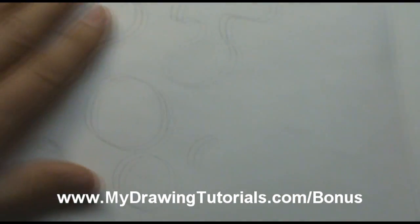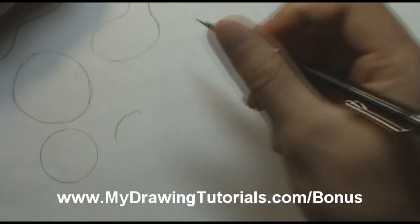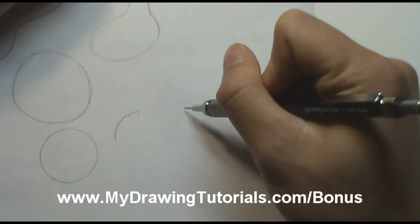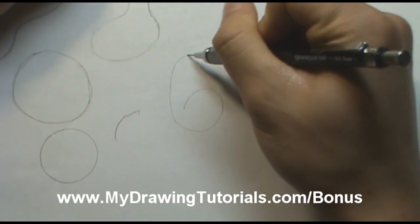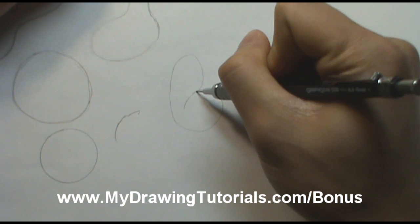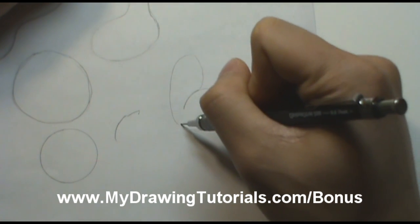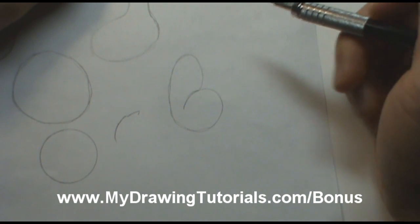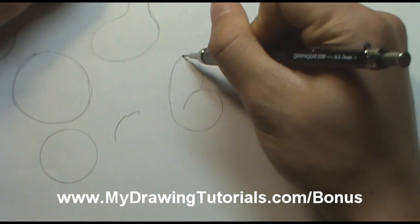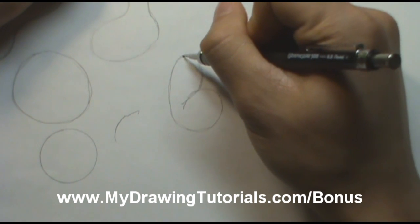Another great shape to do is what's called a peanut shape. So it's basically a combination between an oval and a circle. So let's see, you're gonna go like that. Alright, and this shape is really useful in figure drawing. I won't go into detail about why, but it won't hurt you to be able to learn how to draw